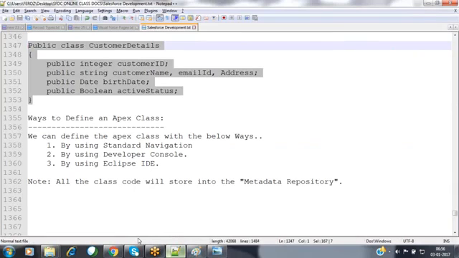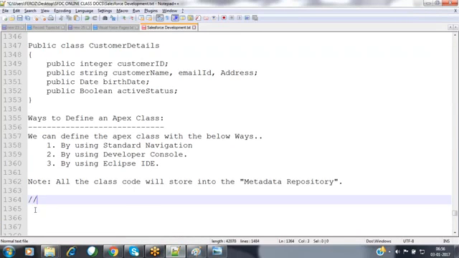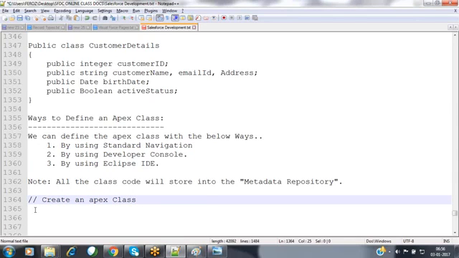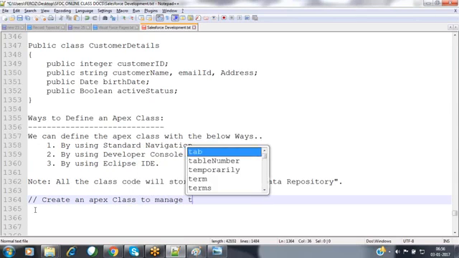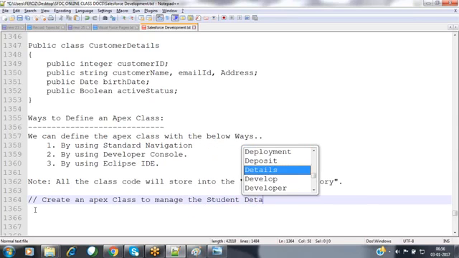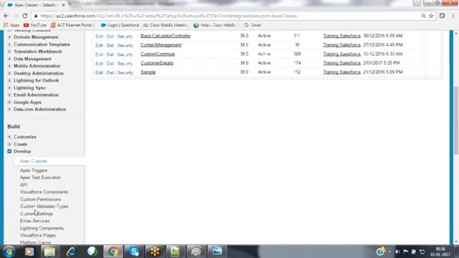Now, if you want to create a class by using the developer console, then how can we create it here? Now let's create an Apex class here. Create an Apex class to manage the student details. For that, I'm creating a separate class here. Let's go to the developer console right now.